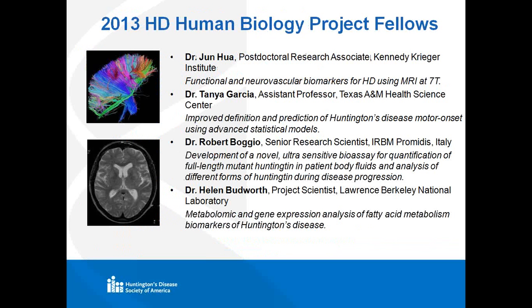In this first go-round, we awarded 4 fellowships. The first is to Dr. Jun Hua. He's a postdoctoral research associate at the Kennedy Krieger Institute that's associated with Johns Hopkins University. Dr. Hua will be using a very high definition, high resolution MRI machine to look at both functional and neurovascular biomarkers in the brain